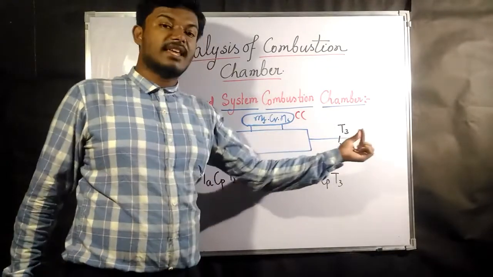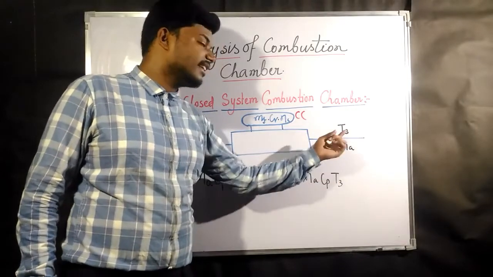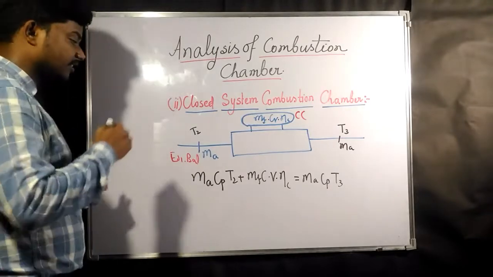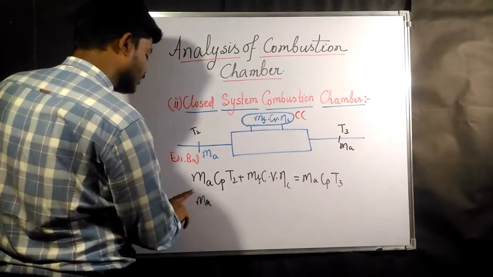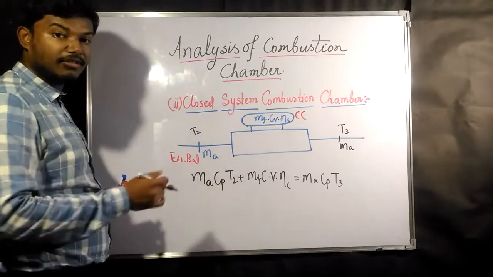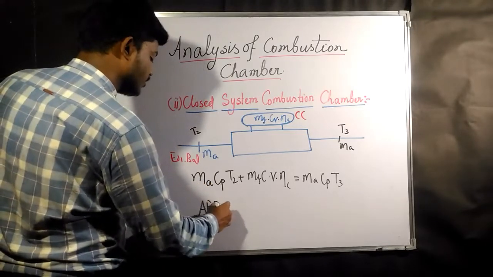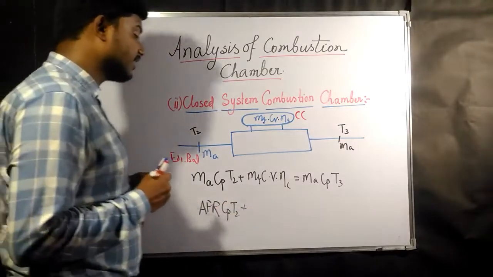Now since the same thing is passing, Cp is going to be constant and the temperature attained is nothing but T3. Now again, if we divide all these things by mass of fuel, what is going to be there? This is going to be mass of air, if we divide it by mass of fuel, what is going to be there? This is going to be the air fuel ratio. Air fuel ratio, Cp into T2 plus here